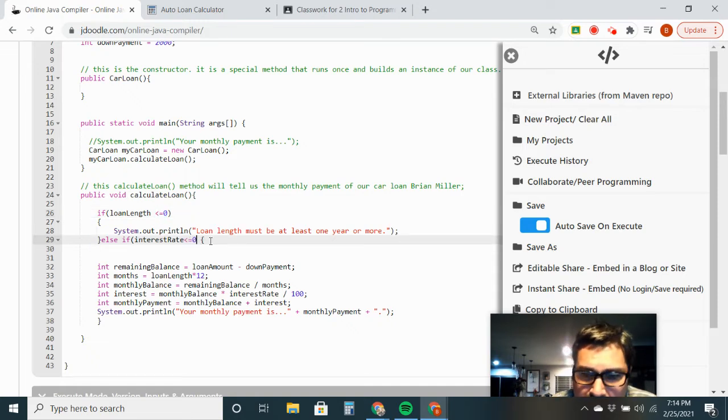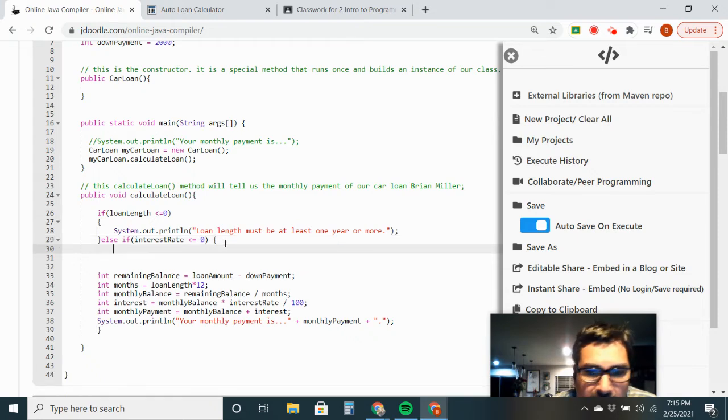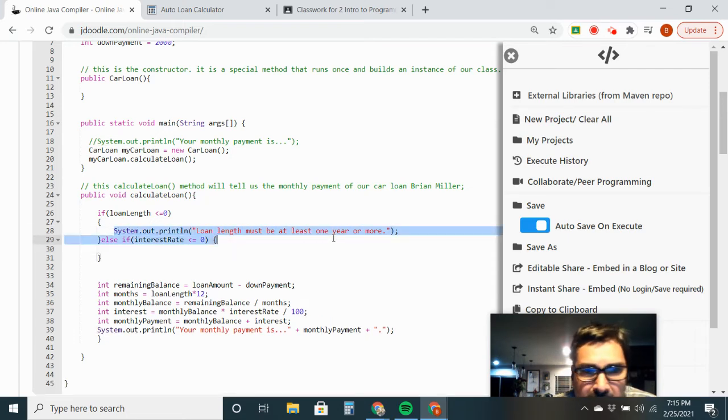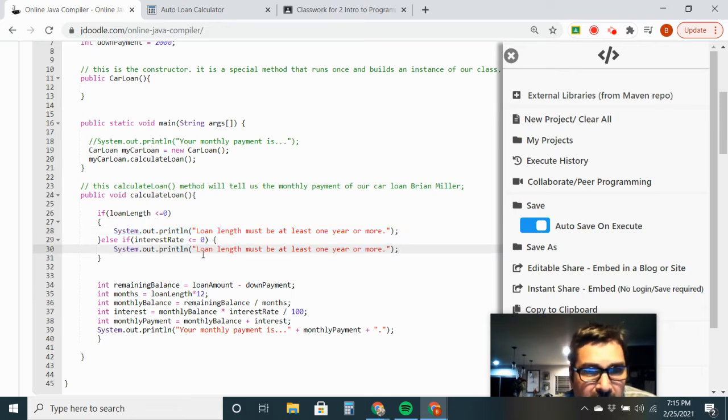And then we're going to put in our closing parentheses, something like that. And then we're going to hit enter, and we're going to put in a closing curly brace. And what do we want to do? We want to say something similar to this. So the interest rate